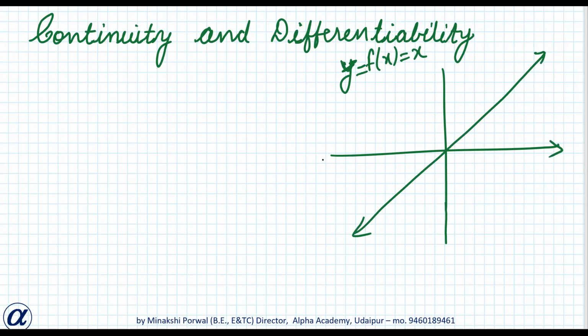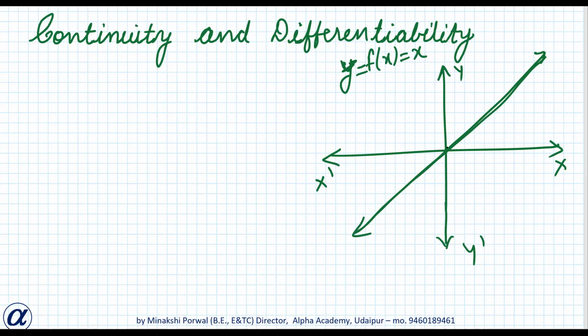So this is x, x dash, y, y dash. If we are able to draw the graph of the function without lifting the pen, then that function is continuous. This is a very simple definition, and this is an accurate definition also. But coming to mathematical terms, I will express this in terms of limits also. So the first definition is this: if anything is continuous, that means we can draw the graph without lifting the pen.